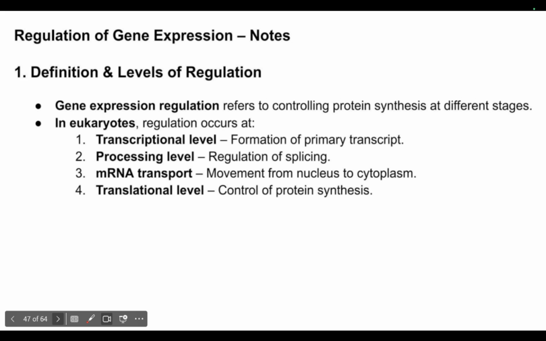So this gene expression can be regulated at several levels. Gene expression regulation refers to controlling protein synthesis at different stages. Basically, all the proteins are not synthesized every time. It depends on age, time, condition, environment. So something is regulating the expression of these proteins, and that we will see under gene expression regulation. So at which level can this regulation occur? It can occur at the transcription level, it can occur at the processing level,